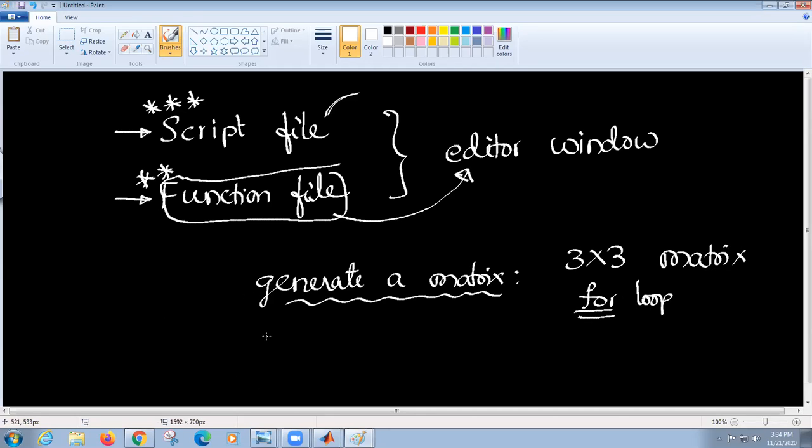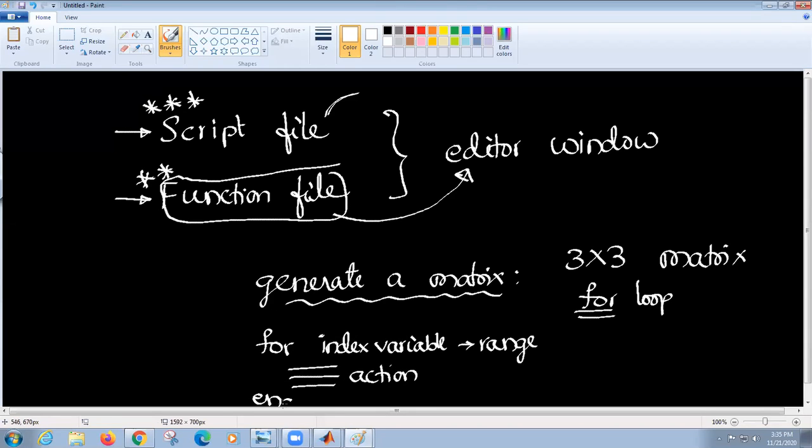It's just like C, but we don't take any open brackets like C. Now you have this index variable. For index variable followed by range of that variable, and you have action statements here, and then give the end.